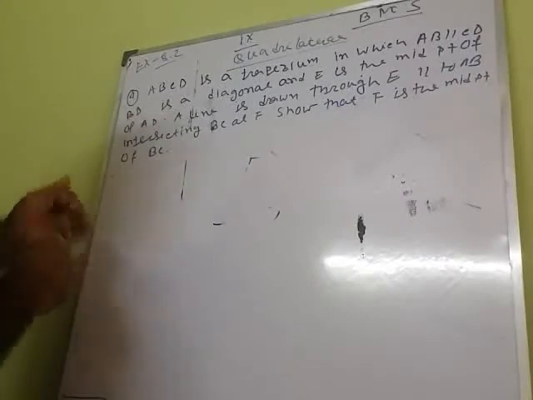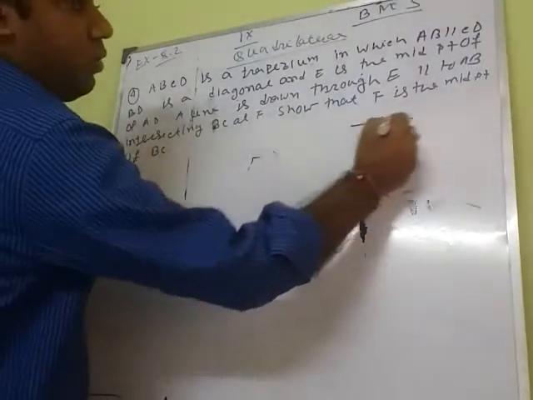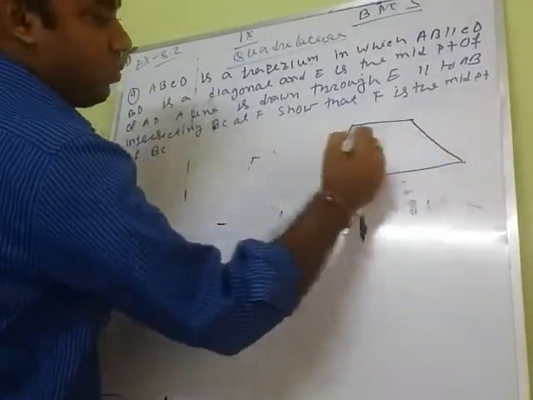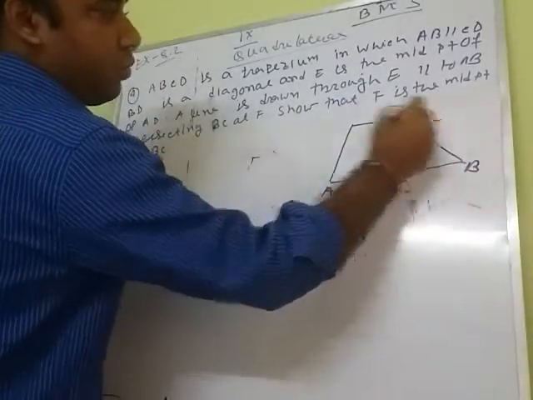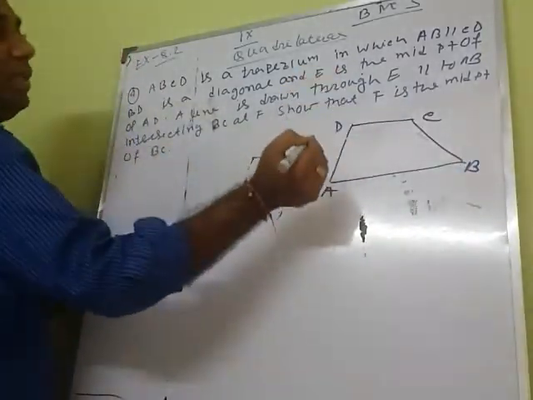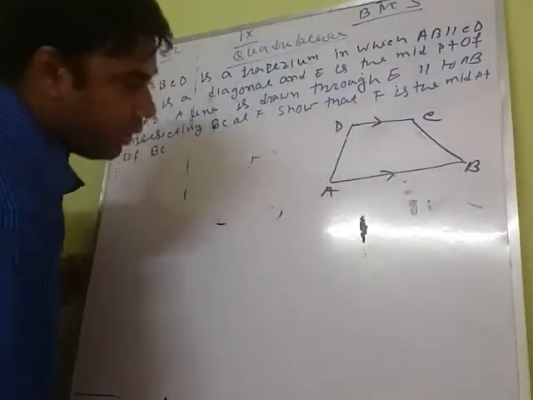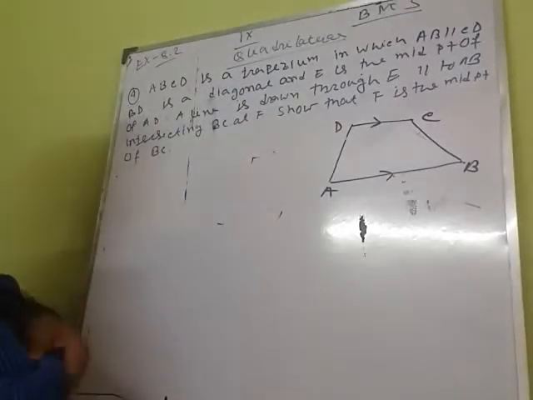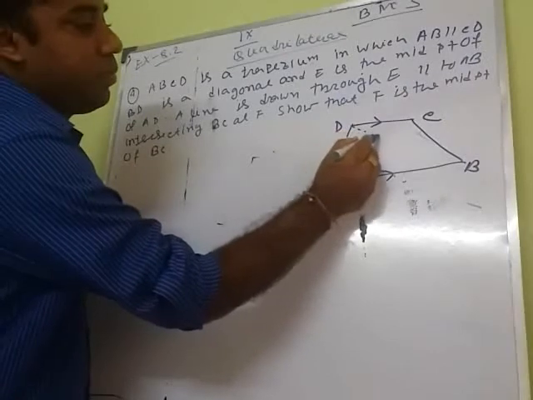That is ABCD, where AB is parallel to CD. This is also given. The parallel sides are also mentioned: AB and CD are parallel. BD is the diagonal, so draw the diagonal BD,